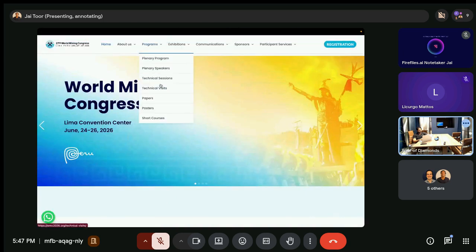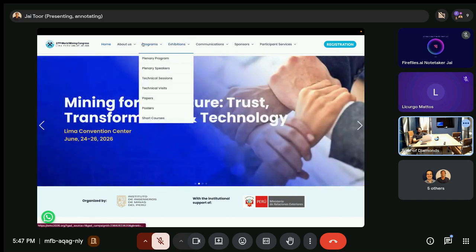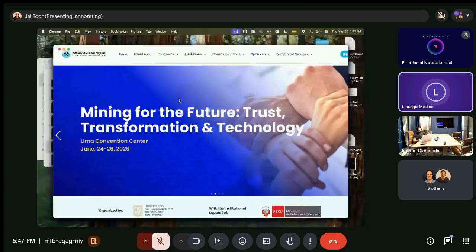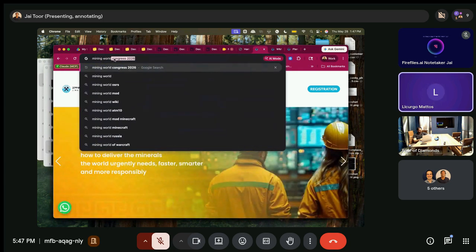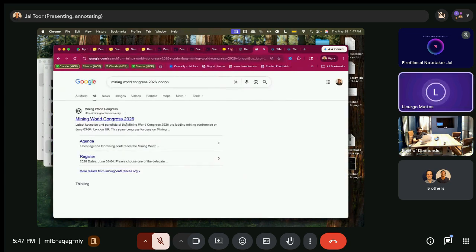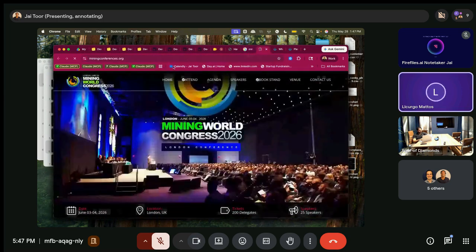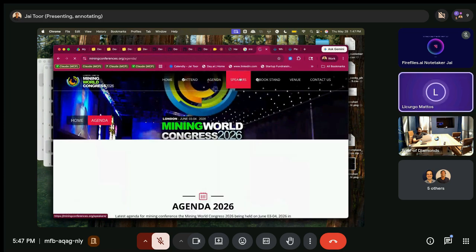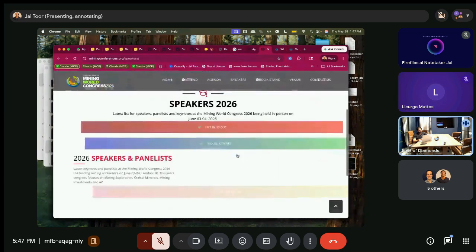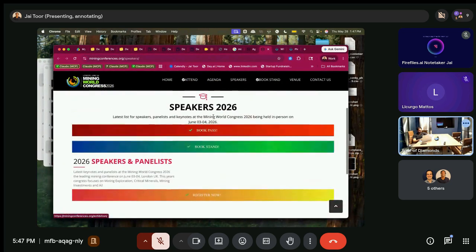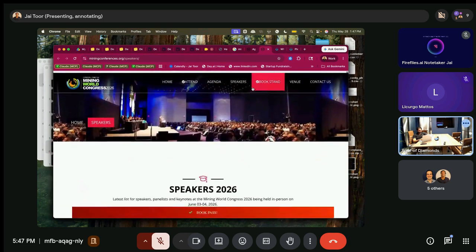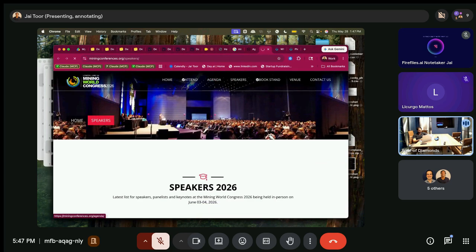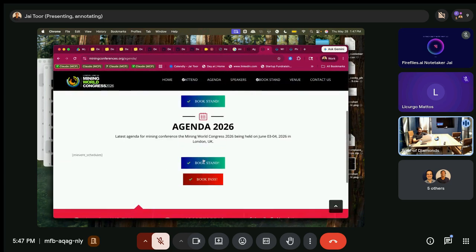I think this one is in Peru that you are seeing. Oh, sorry. No problem. There are 2 events with close names. The website is miningconference.org. Yeah, that one. Cool. So they didn't list it publicly. Speakers, agenda. All right, no public agenda yet.